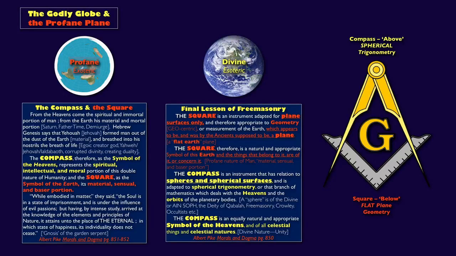Now the compass, he says, is for spheres and spherical surfaces and spherical trigonometry. So trig, like three, like a trinity, right? We talked about all the trinity stuff going on with Daily Plaza, and you're trying to rebirth the divine spark through the Great Mother by shedding the lower nature into the higher nature. So that's the whole point of the idea of the moon landing, where the lower nature was JFK, and the Marilyn Monroe affair was like the poisoning or the deepest degradation of that. And then it was purged or purified in an alchemical ritual, and he was resurrected where the divine spark was released of the eternal flame, symbolically, of course.